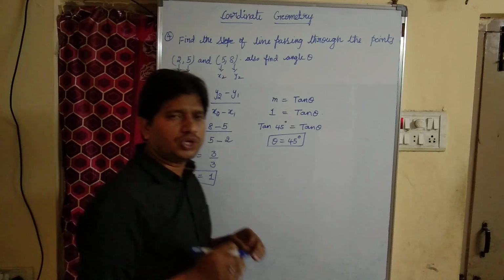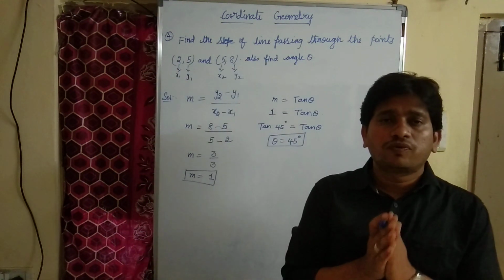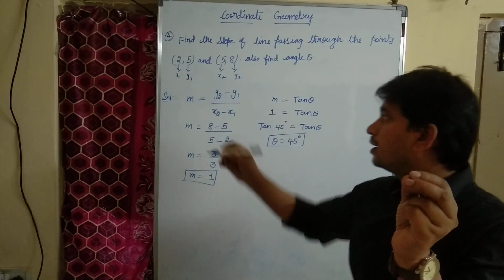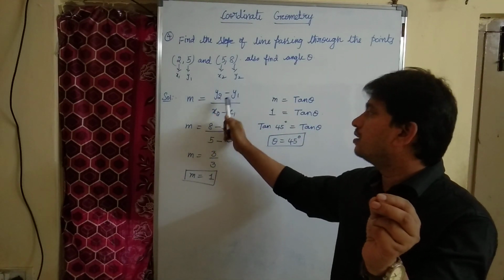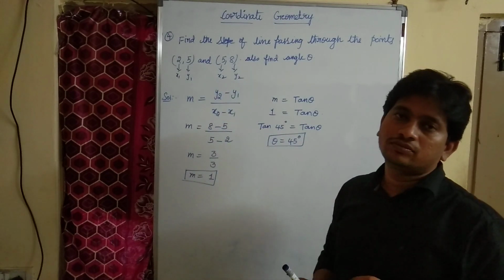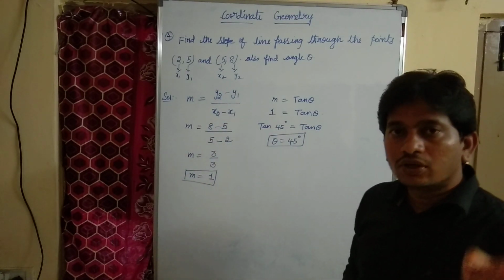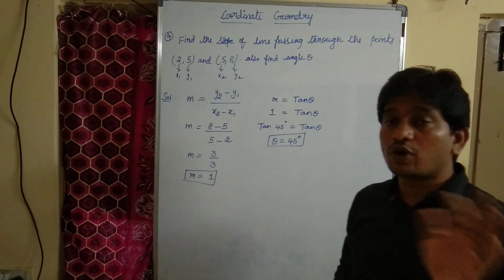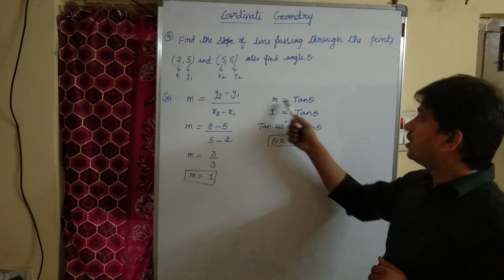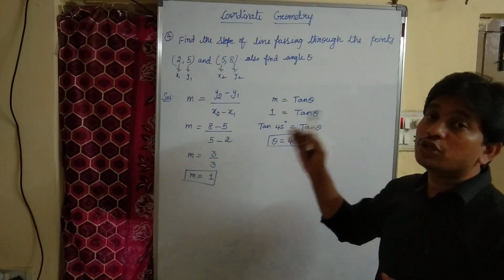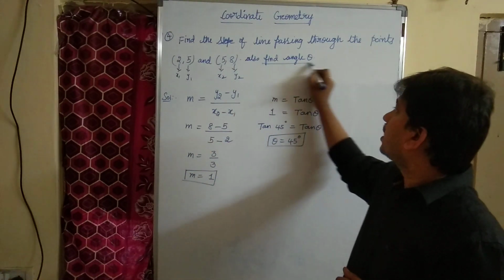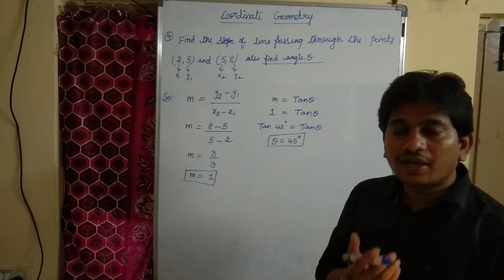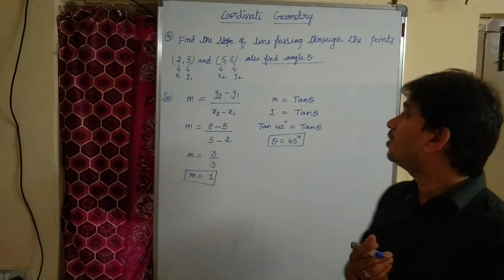Children, there is no need for confusion. To find the slope of a line passing through 2 points, the formula is m equal to (y2 minus y1) divided by (x2 minus x1). Also, slope we can represent as either the letter m or tan theta. That is the reason I wrote tan theta, because according to the question, they are asking to find the angle theta also. We represent the slope m as tan theta. So m equal to tan theta.